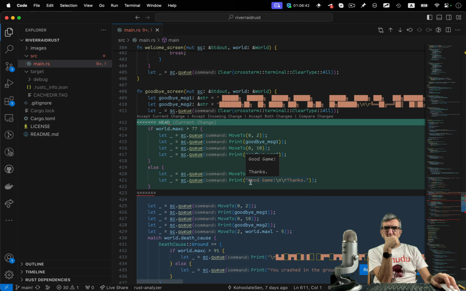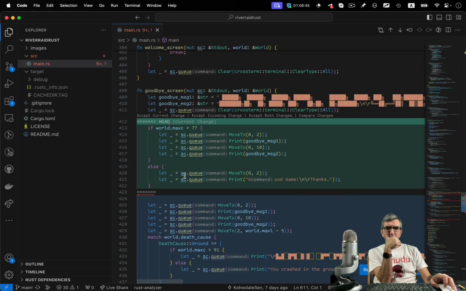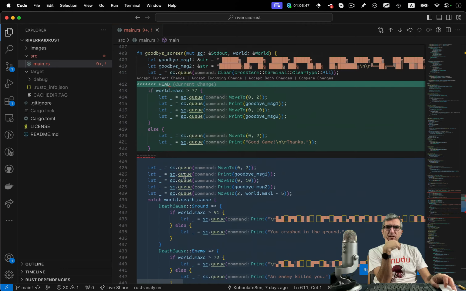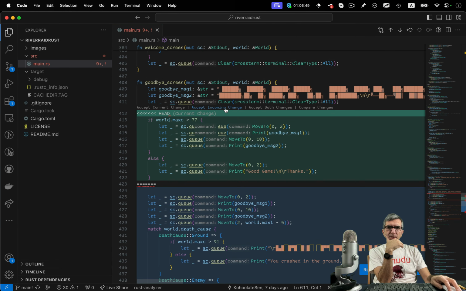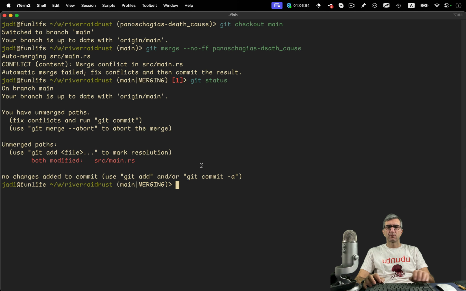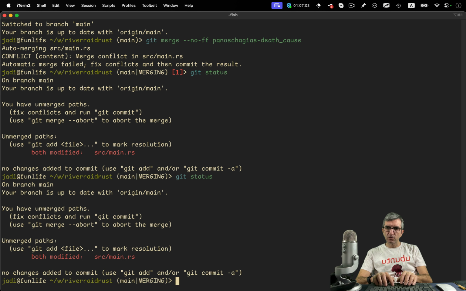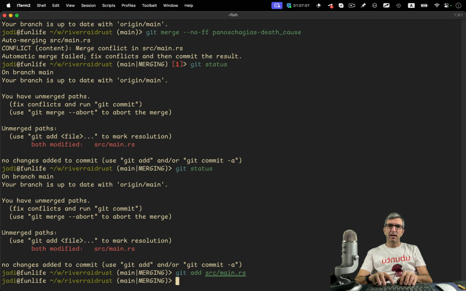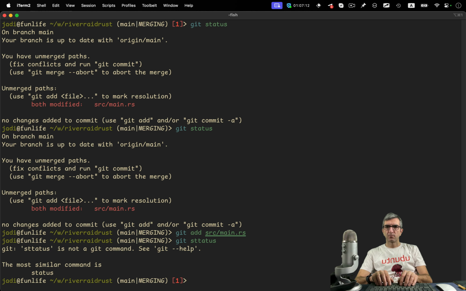Here we had this, if this is larger than that, so we need this incoming change, accept incoming change. This is why I went for code instead of nvim, because with one click I can save, accept which part, git status, git add source main, and git status.